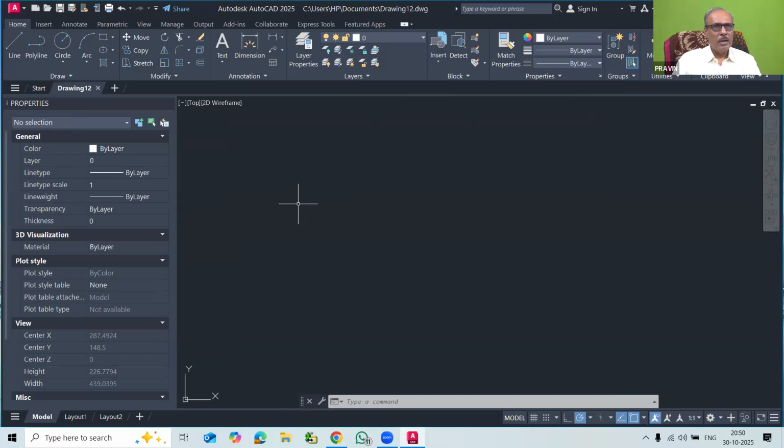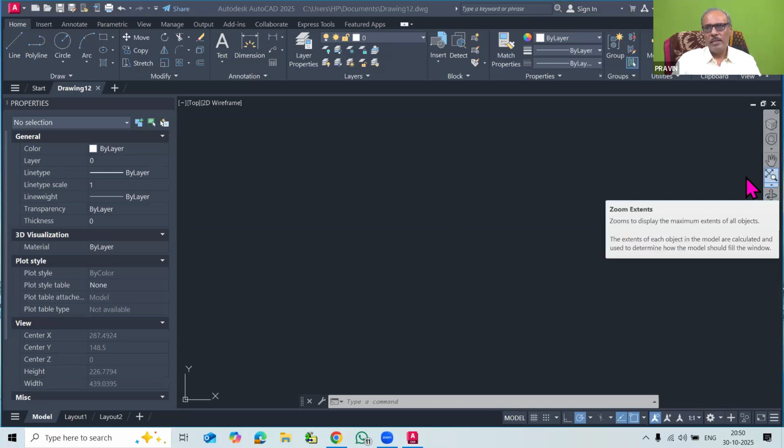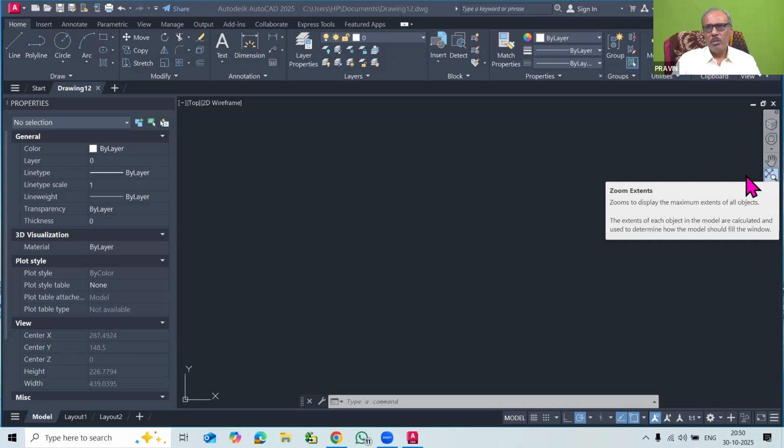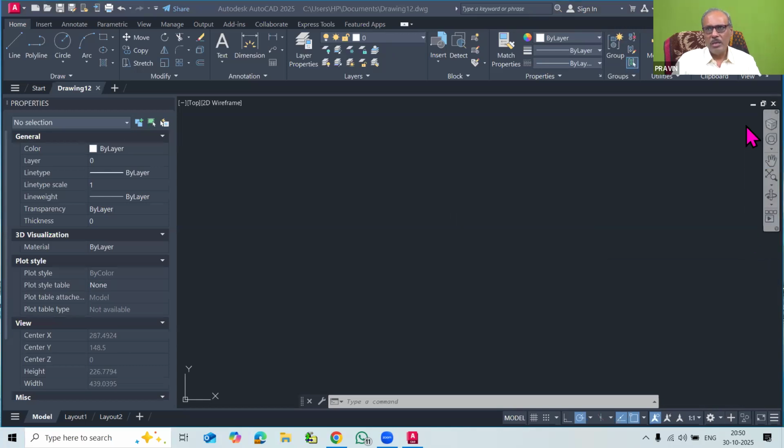So I hope that today we are now ready with version 2025. If you go on the right side, there is a zoom extend command already given here. We can use zoom extend from this, and then the pan real time command was there. This zoom extend command is required frequently whenever we start a building drawing. These commands are very handy and given here on this zoom toolbar, which is always on the right-hand side. So we can use the pan real time and zoom extend commands here.